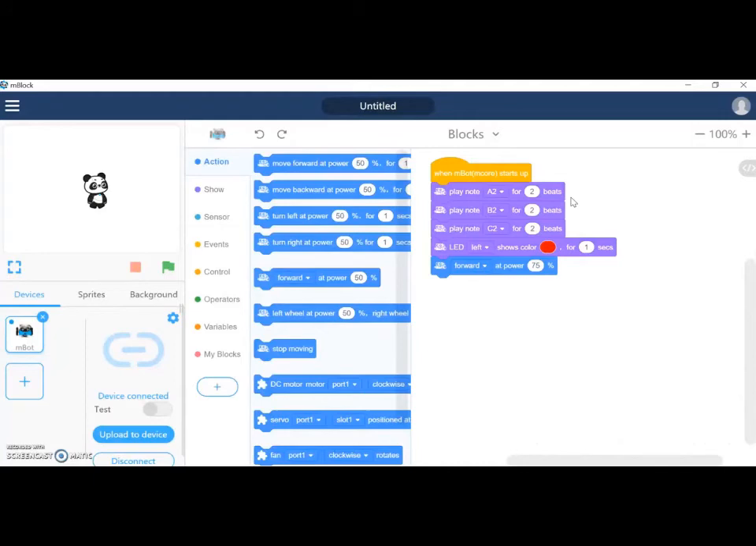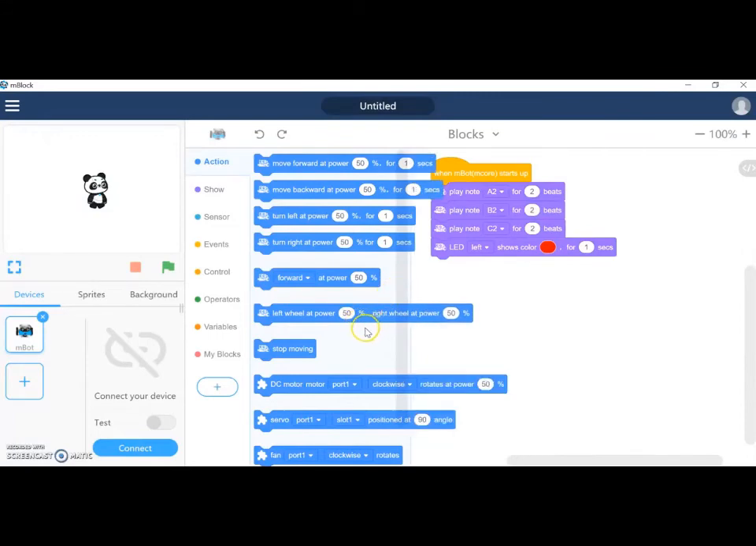Maybe you heard that, maybe you didn't, but that's the very basics of the movement. Now the thing about this command in particular, the move forward at 75%, that's just going to keep moving forward. So if you right click that and delete block, you can also put in turn left at power for 1 second or move forward at power for 1 second, so you can actually control how long it moves for, which is going to be important to know when we get to our next task,